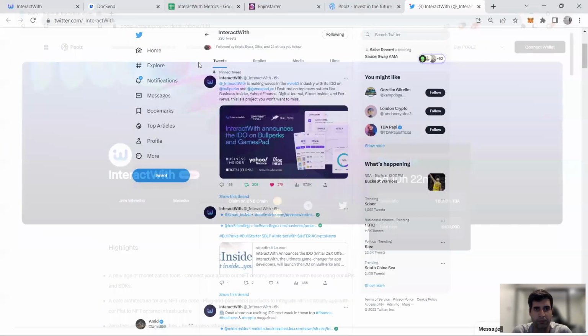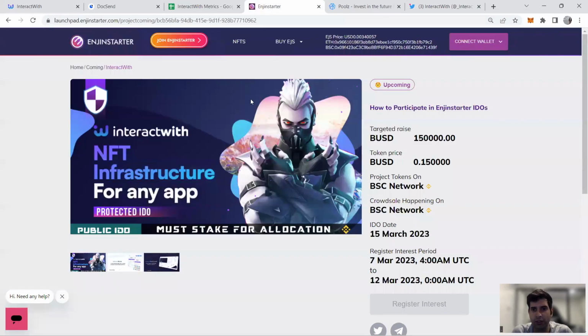Now, in terms of Enjinstarter, the IDO is happening sooner. IDO is happening on the 15th of March, which is in 3 days. First thing you need to do is, in 4 days. The first thing you need to do is register your interest. So for register interest period, it starts from 7th of March up until today. And that's why I made this video today, because if you are an Enjinstarter investor, you should know that the steps to do participation before was do KYC, and then go to the staking of,